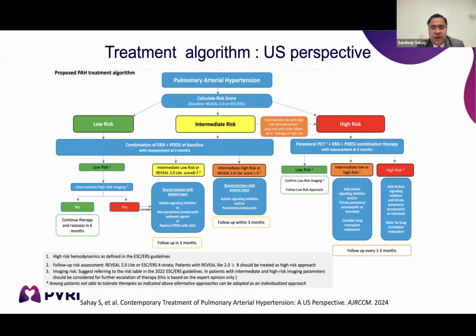If your patient is low and intermediate risk, then you start on dual therapy. And then if they remain in low risk, you continue dual therapy. If they become intermediate low risk or intermediate high risk, how you would proceed with adding further agents. And those are the earliest positions where you can start activin signaling inhibition or additional oral prostacyclin agent or inhaled prostacyclin agent. The 2 things which I would really like to highlight here, which was we took a little bit